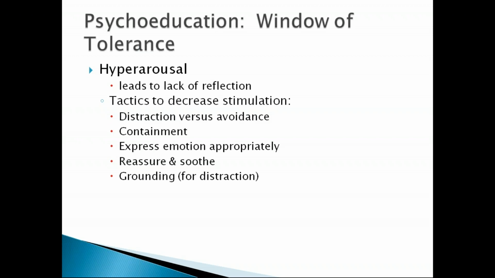We'll talk about the difference between distraction and avoidance, right? Distraction is in the moment, that distress tolerance, how do I get through this moment, versus avoidance, which is I'm never going to attend to this, I'm just always pushing it to the side,